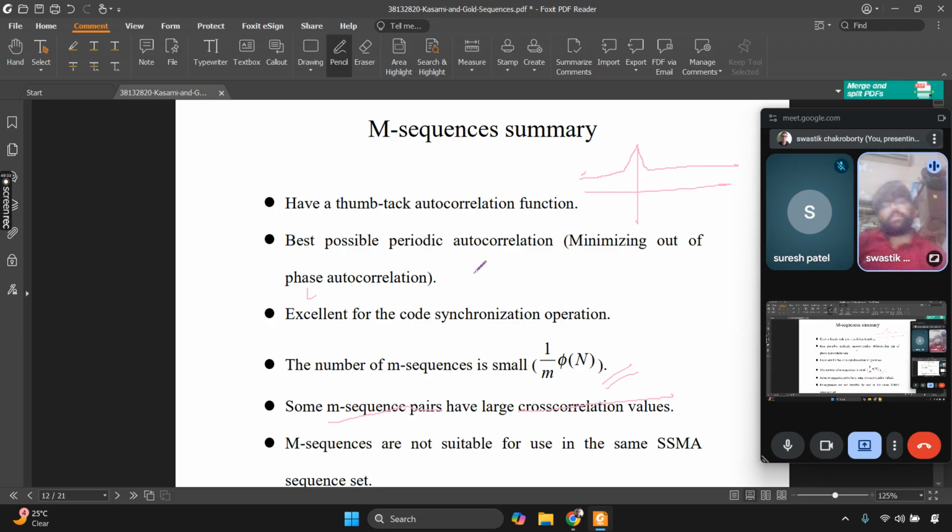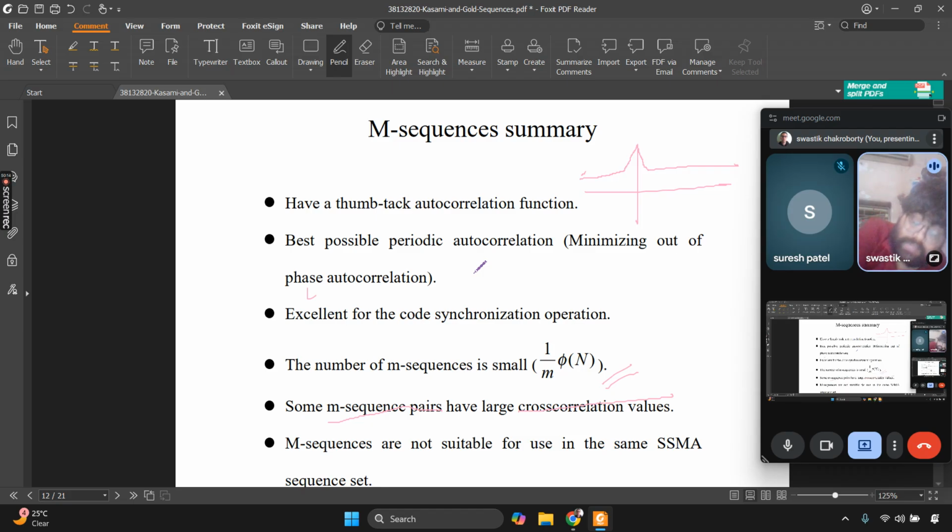What is the purpose of spread spectrum? One purpose of spread spectrum is privacy, of course. Another purpose is to accommodate as many users as possible. You have to accommodate a large number of users in a limited bandwidth, since you have already spread it, or else you cannot justify the increase in bandwidth.